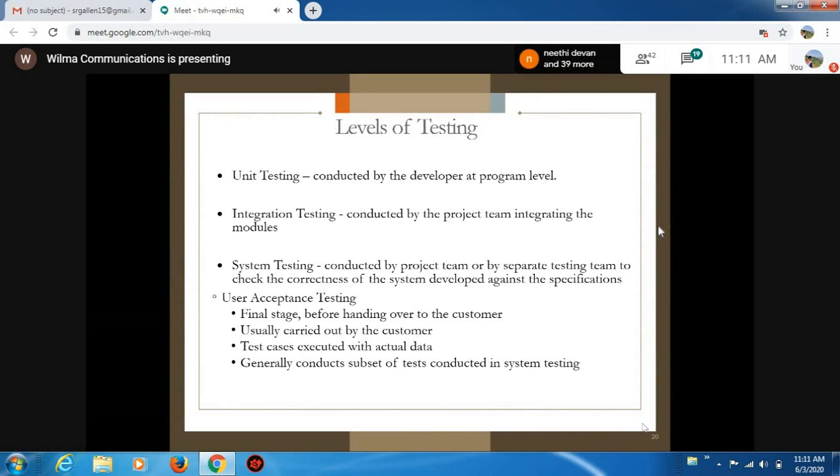At the system level, we conduct functional and non-functional testing together. We validate all the different features, all the different functionality, all the third-party components, everything together at the system level. Once system testing is completed, approximately 75 to 80% of our product is ready to reach the market.